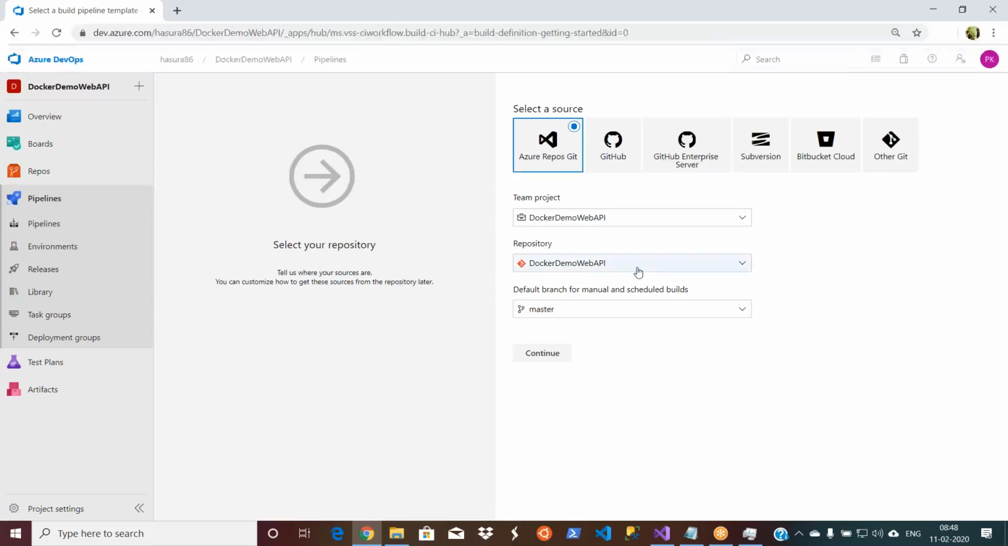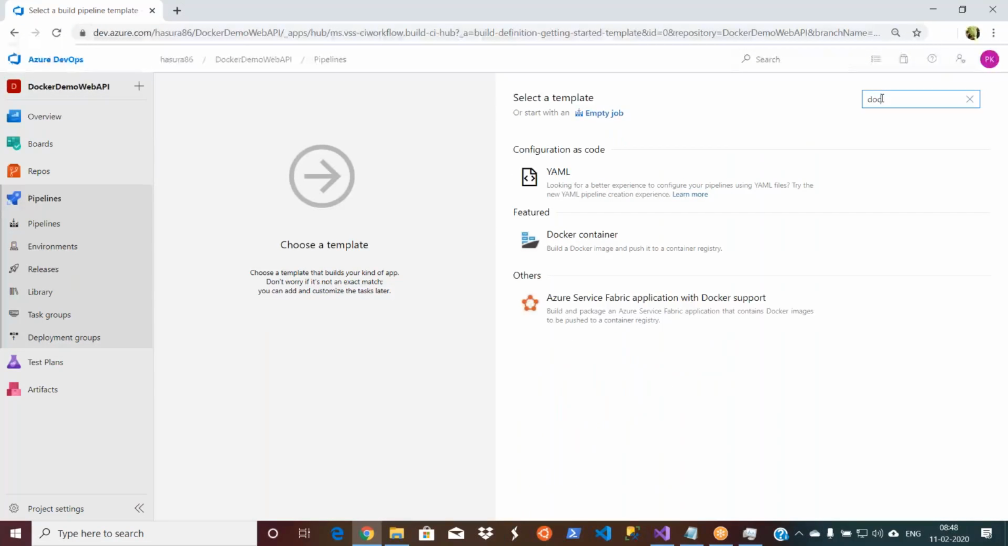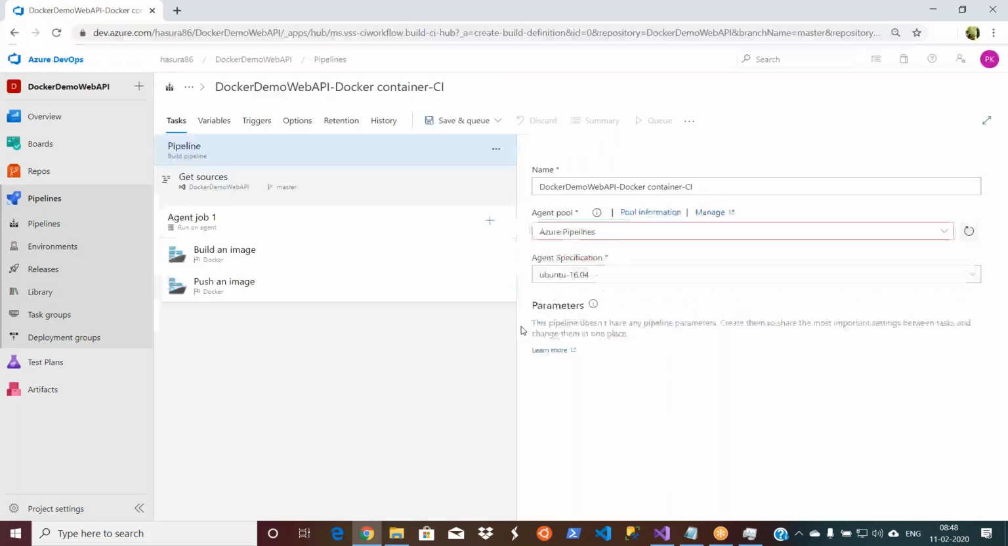This is the project I just selected. So the template that I'm going to select now is Docker container. Okay, build a Docker image and put it to a container registry. So right now we don't have the container registry. We need to create a container registry. That means I will show it here and then we will go and create it. So right now you see,